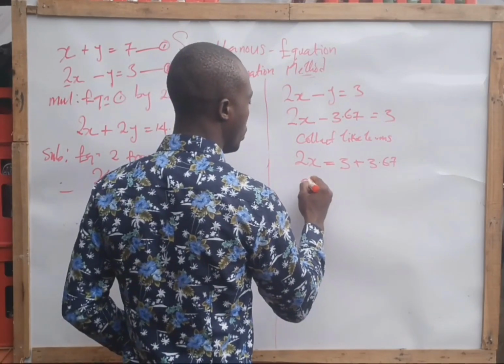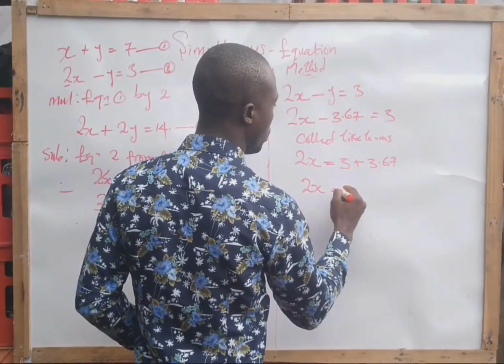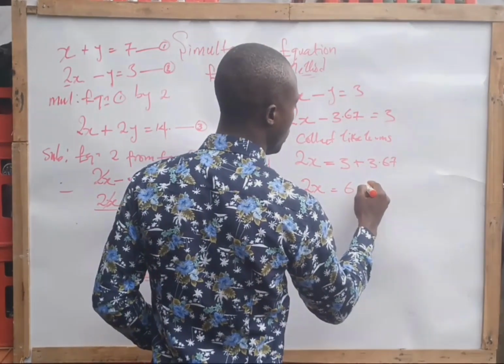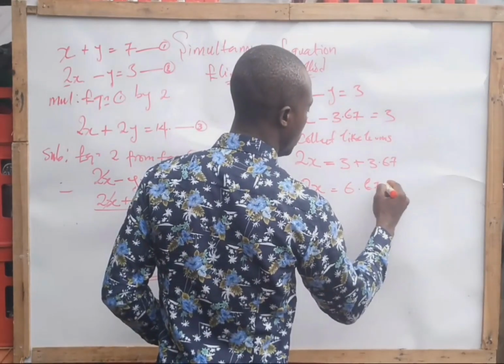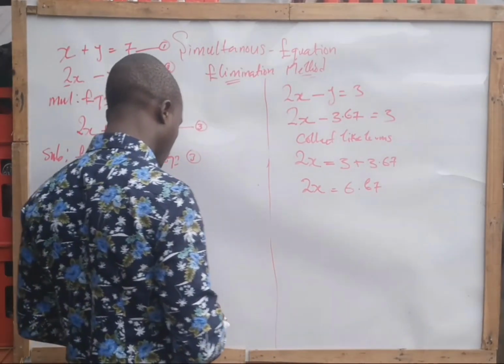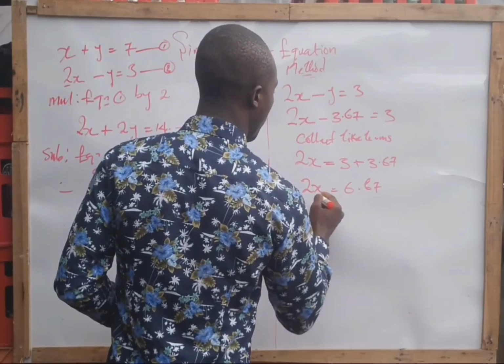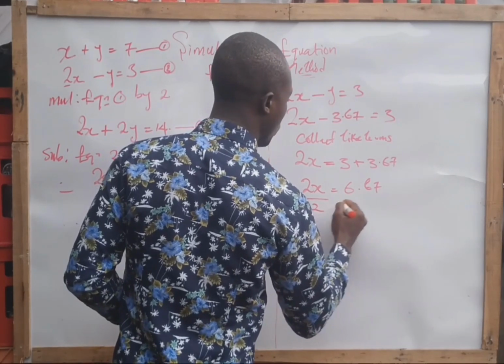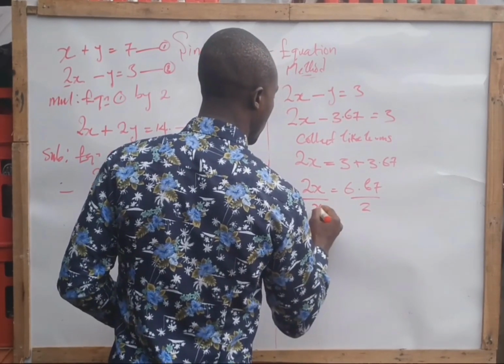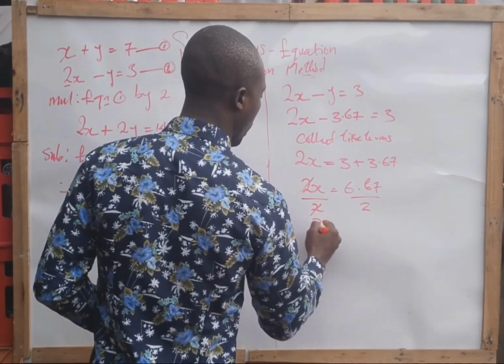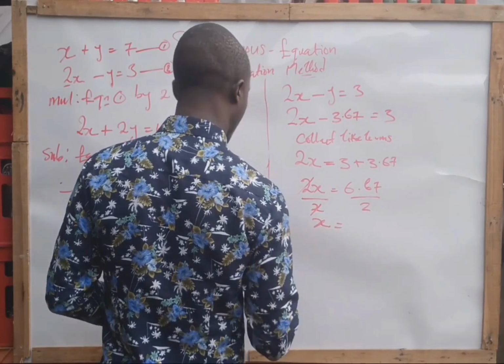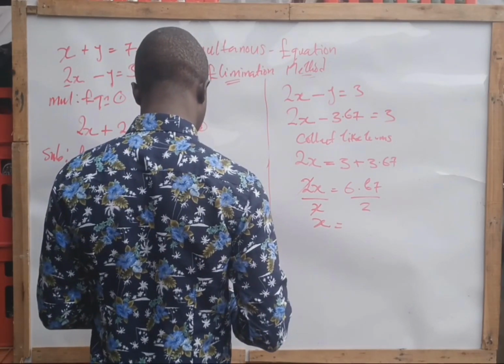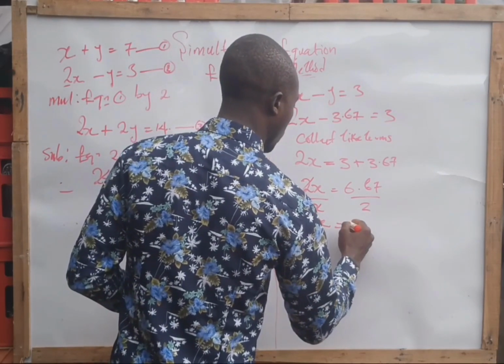So now we have 2x equals 6.67. We divide both sides by 2. The 2 here cancels here, and we have our x, which is equal to